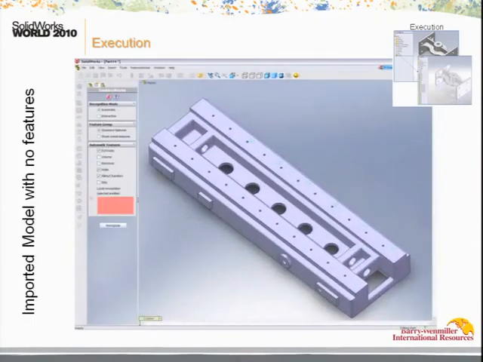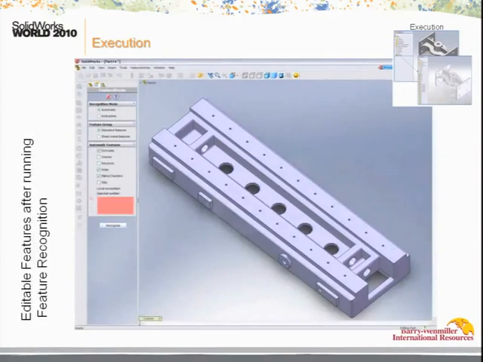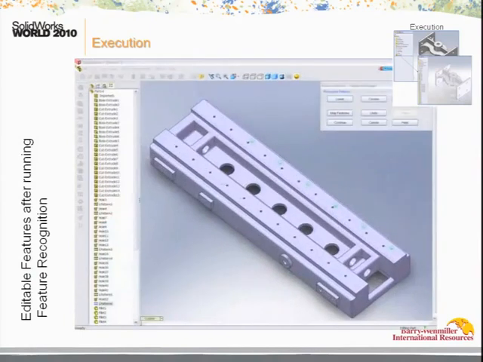This is a dumb model which is from UG, and this is the sort of model which you will get if you run FeatureWorks on it. It will recognize each and every feature, each and every hole as a different feature,